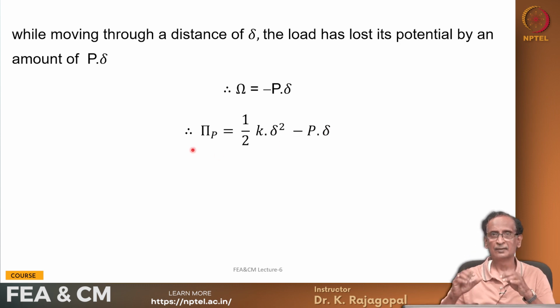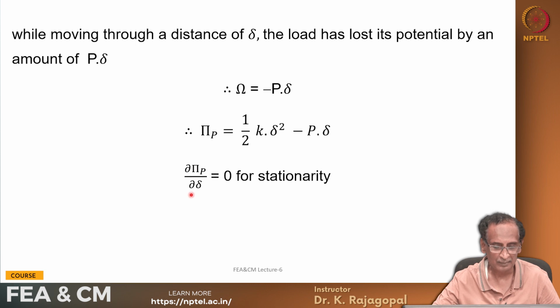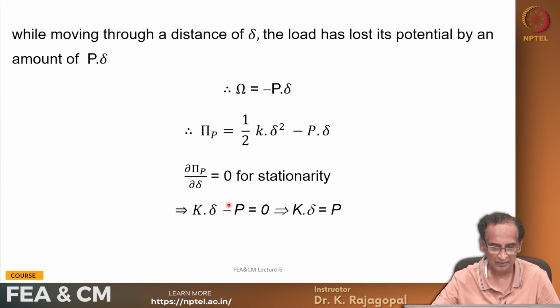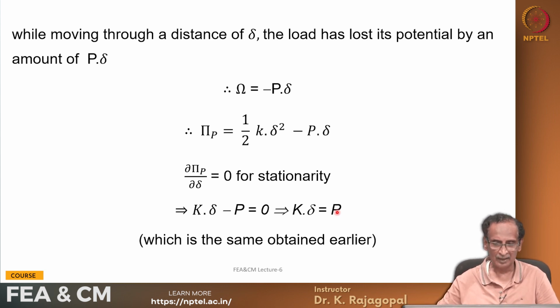And the principle states that any small disturbance in the total potential with respect to delta should be 0 for the system to be in equilibrium. So mathematically we can say that dou pi by dou delta is 0 for stationarity, and so if you differentiate this, we get K times delta minus P is 0, or K times delta is P, where K is our stiffness, delta is the deformation, that is equal to load P, okay? And so actually this is what we obtained earlier,